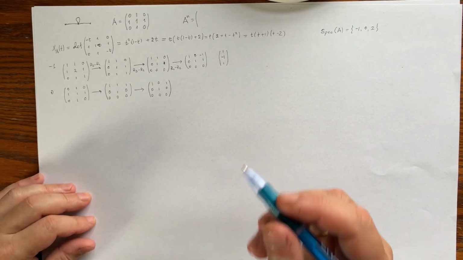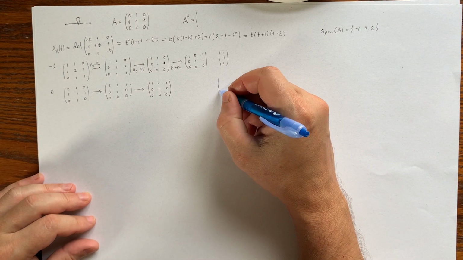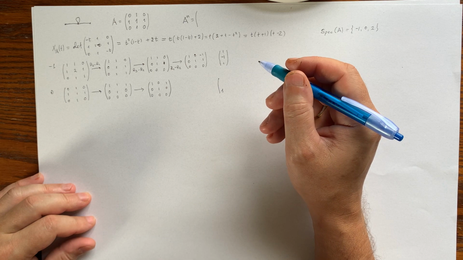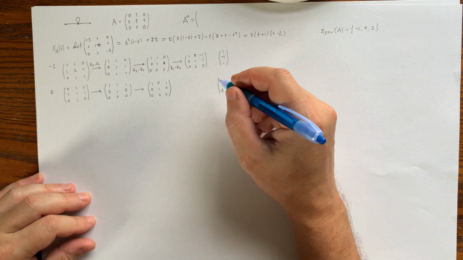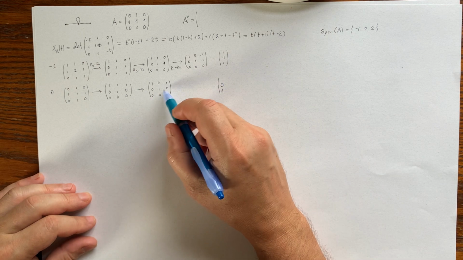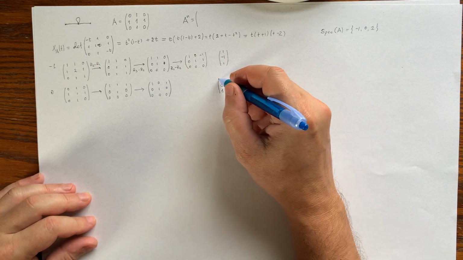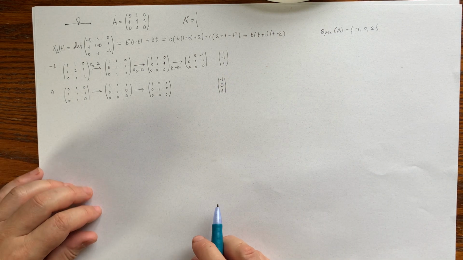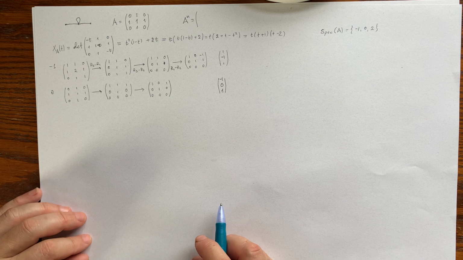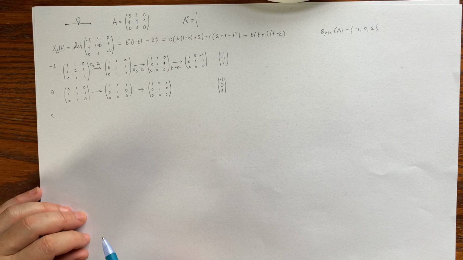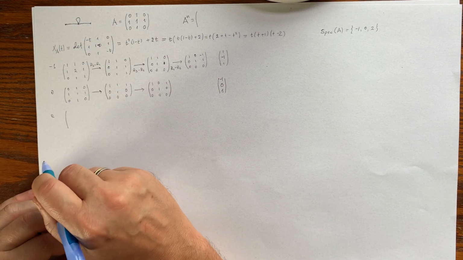And again, the last variable is a free variable, and we can make it 1, and then the other 2, the first and the second, will be determined. The second is 0 no matter what. That's what its equation is saying. And the first is negative the last, so that will be, up to scaling again, a unique eigenvector with eigenvalue 0. The last eigenvalue we need to compute for is 2, and here we are subtracting 2 from the diagonal